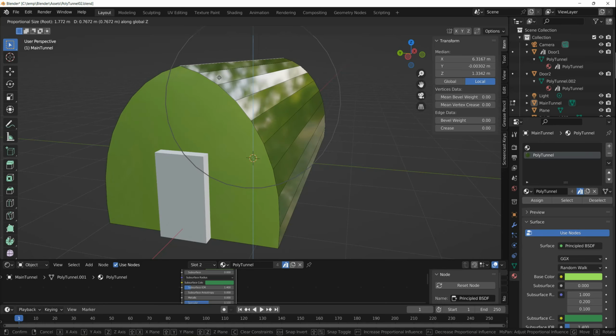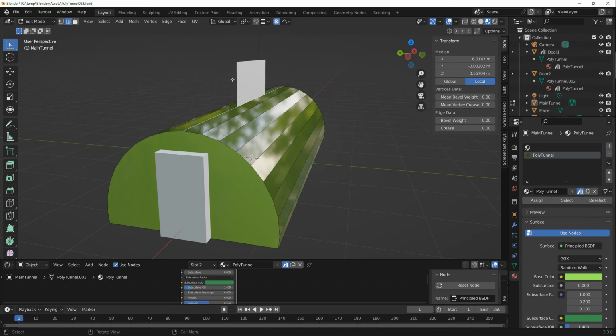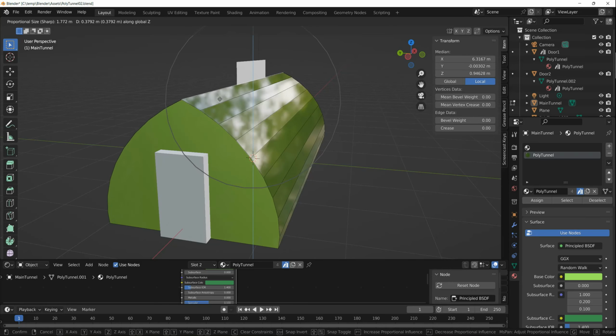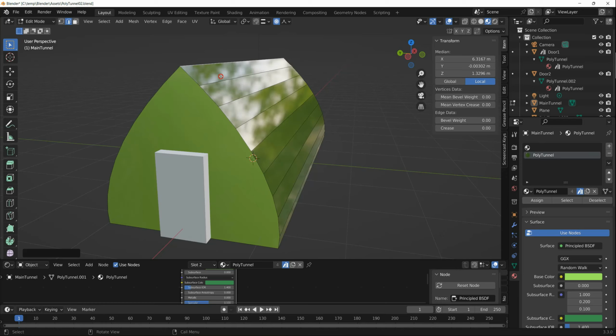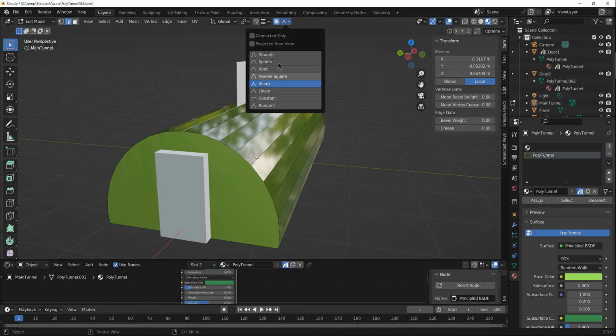That's okay, but a bit sharper than the other ones were, but might be appropriate in some situations. Let's take a look at what sharp does in this context. So again, highlight that, G and Z. Interesting, okay. Do a Control Z. Linear,